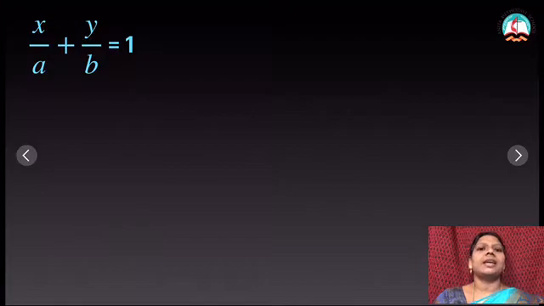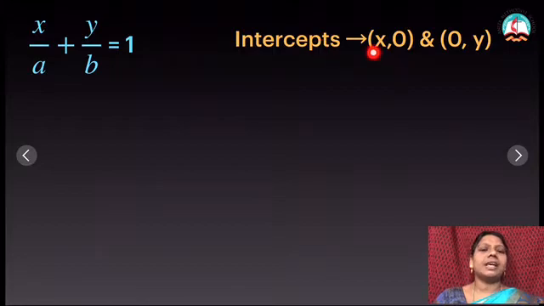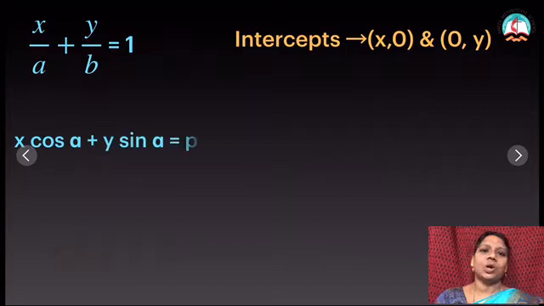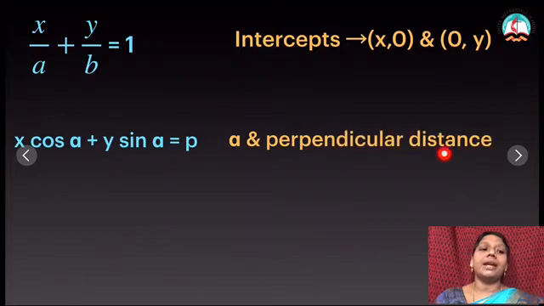And we learnt the intercept form. Can you remember that? X by a plus y by b is equal to 1 if the 2 intercepts are given. So intercepts means it cuts on the axis, x-axis as well as y-axis. X-axis means x-intercept, y-axis means y-intercept. Okay, and we learnt the normal form. What is that? X cos alpha plus y sin alpha is equal to p. That means alpha is the angle of the perpendicular with the line, and the perpendicular distance from the origin is taken as the value of p. Okay.